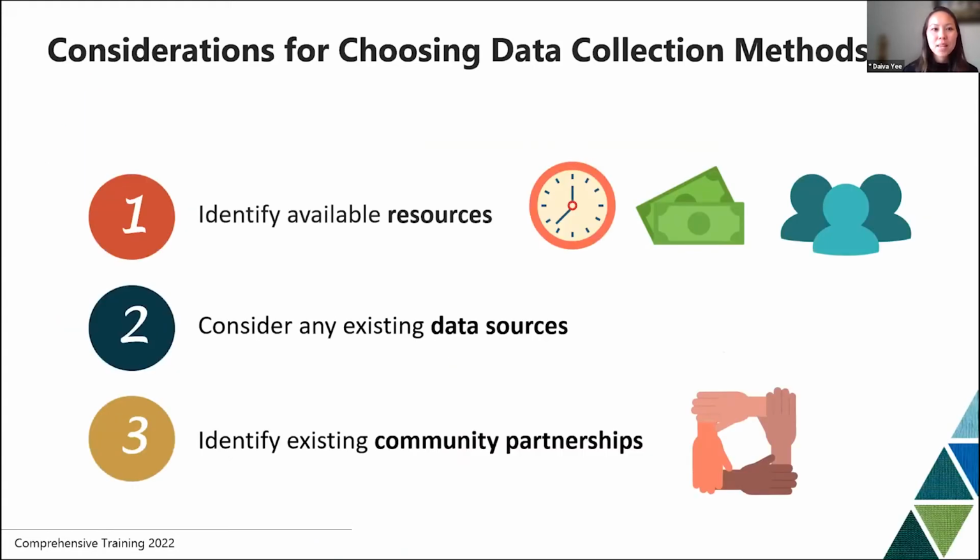Next slide, please. So these are just some of the considerations that you might think about when you're choosing your data collection methods. So first, thinking about your available resources, and this could be resources like time, money, human resources, what do you have available to you? Also thinking about any existing data sources. So if the country has already done a lot of CAP surveys or a lot of other quantitative surveys, maybe you want to supplement that with some qualitative data. If there's been a lot of focus group discussions in a certain community, maybe supplementing that with some social listening data, really thinking about what has been done and where are the gaps. And then also identify existing community partnerships. So who are your partners in the community? Who might you be able to collaborate with, and what are they doing,